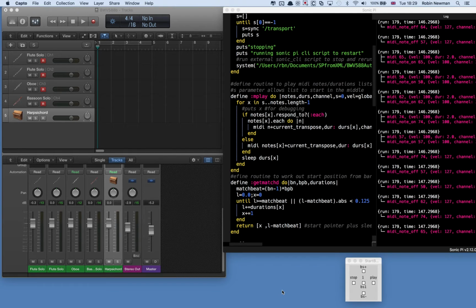Hi, and welcome to this example of Sonic Pi playing some MIDI to Logic Pro, which is over here, but controlled by means of a graphical interface with a Processing script which controls the transport mechanism. It starts Sonic Pi playing, it stops it, and it can restart it again in the way which I'll explain